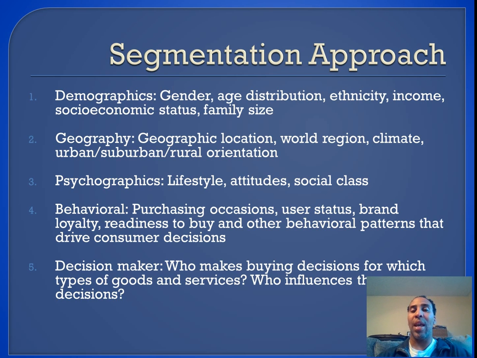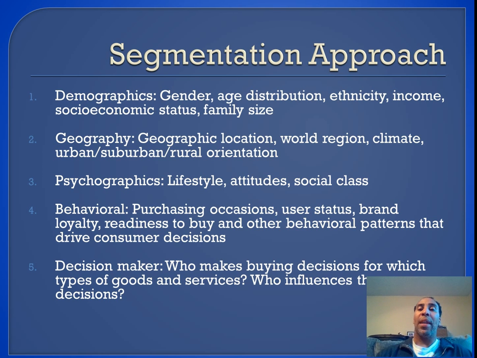So who's making what decision? How are you making those decisions? And then the decision maker, right? Not necessarily the person who pays for something, not necessarily the person who initiates the thought of a purchase, but the decision maker, the person who makes the final decision. So the decision maker is the person who makes buying decisions for which types of goods and services, who influences decisions. So you could be a decision maker, but then somebody else can be an influencer, right? So I'm going to make the final decision, but my daughter is going to be influenced. Like, hey, daddy, I like that stove. That one's so much better, right? So you have a person who's going to make the actual decision, and then you have somebody who's influencing the decision as well. And that's it for chapter 14.